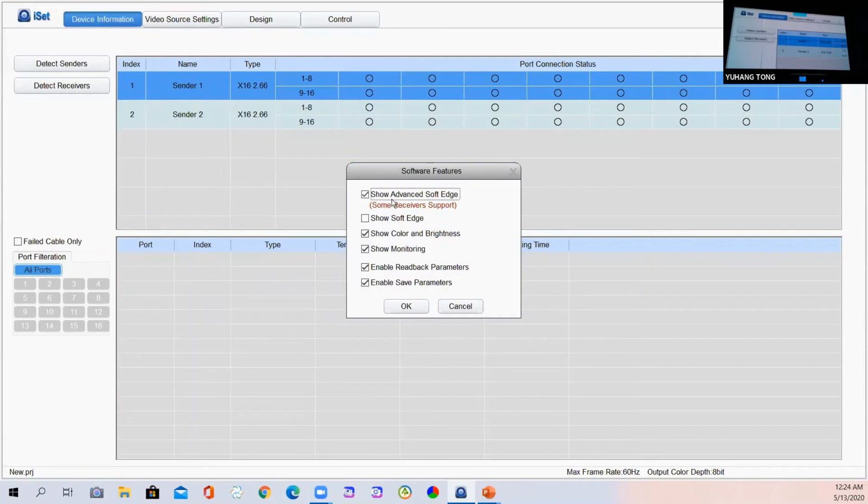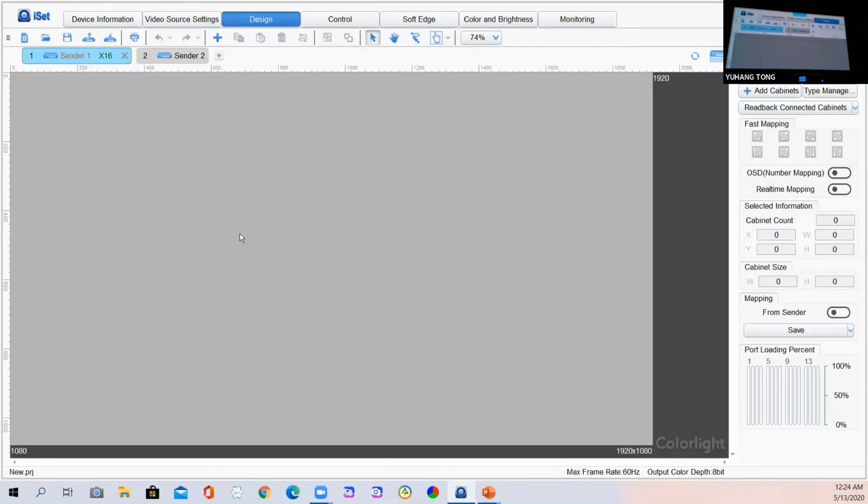Here you can see the notification that only some receiving cards can support the advanced Softedge, which is i9 and i6. So I would recommend to use i9 and i6, but here I'd like to start with Softedge, the normal Softedge first. Okay,